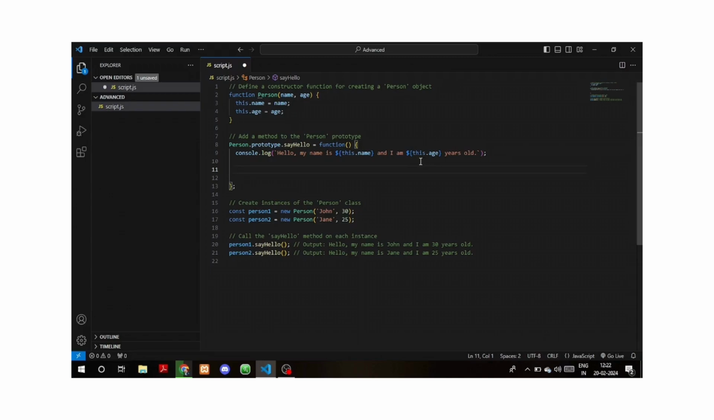So here I use this dollar symbol inside this dot age. So this dot age means it receives the input which I have inserted. So years old, that's all. So now